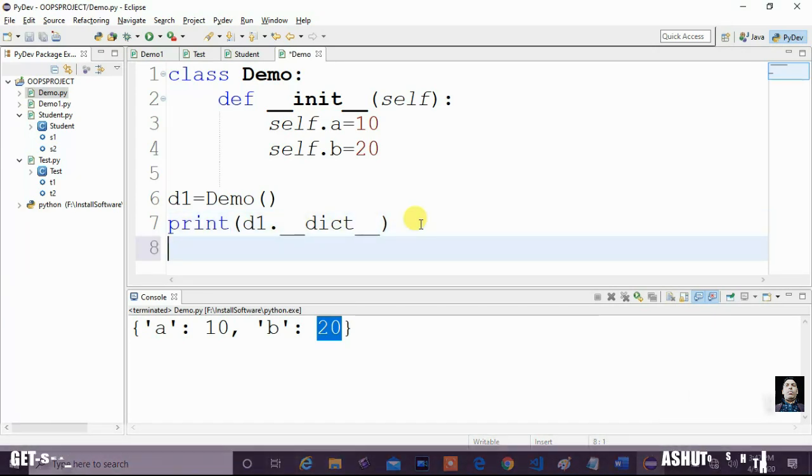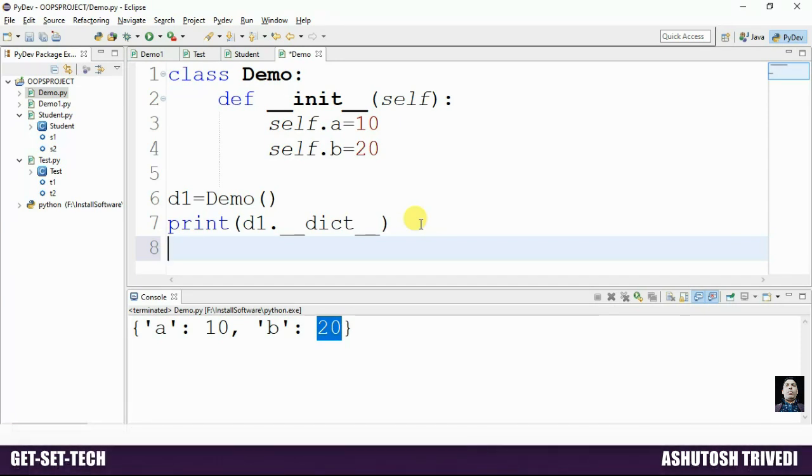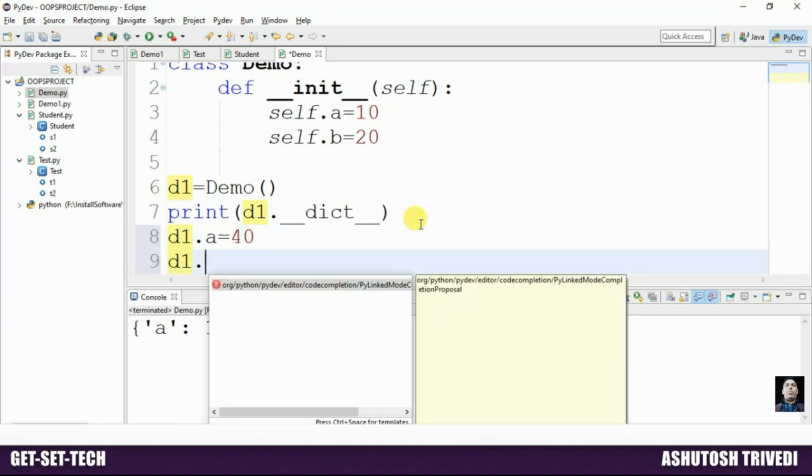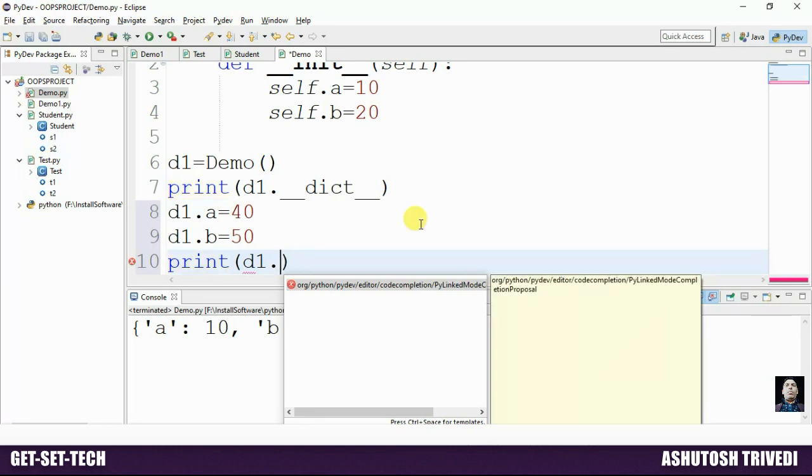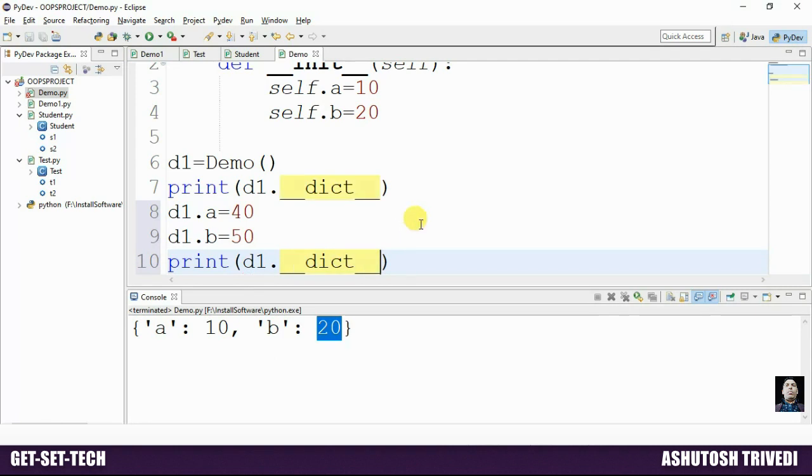So this object contains two instance variables, where the first instance variable value is 10 and the second instance variable value is 20. Now we are trying to modify the instance variable information for this object. So here we are trying to modify d1.a = 40 and d1.b = 50.